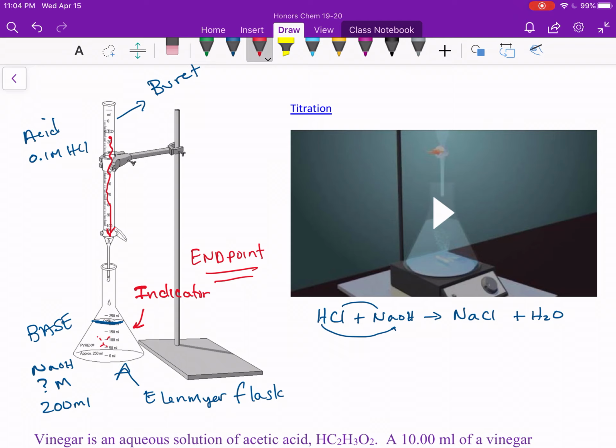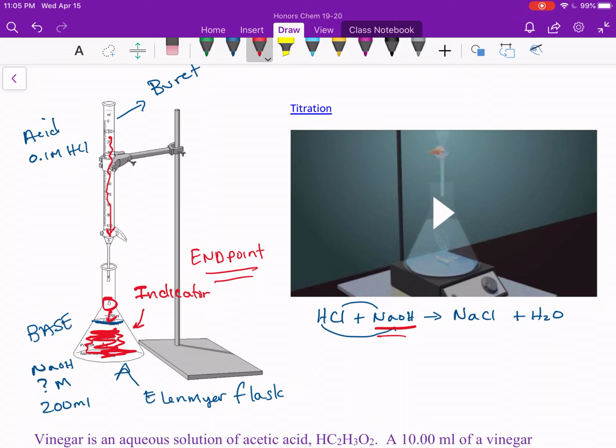And so that indicator is great because the solution will change color. When we add a single drop down here, it will go from being clear to being pink. And when we see that pink, that tells us that all the NaOH has been used up, our limiting reactant is gone, and we need to stop adding,